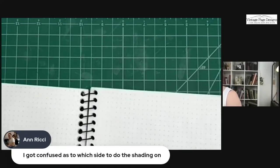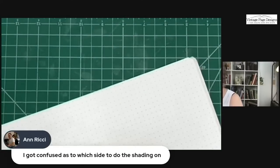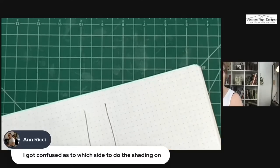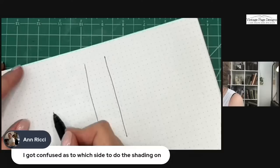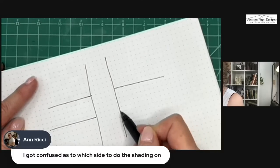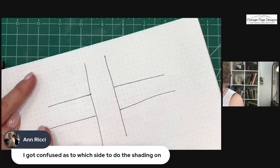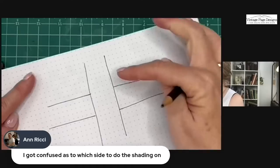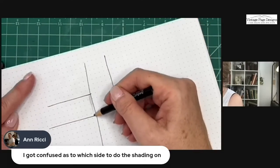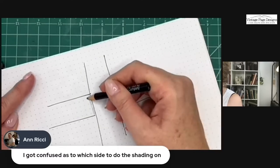So when you do shading, like for the ribbons, we have this long ribbon, long ribbon like this. Then we have another one coming in this direction. So obviously this is supersized, right? Where you're going to shade is where this horizontal ribbon disappears underneath the vertical ribbon. So down here on this side to the right of the line and then to the left of the line. That makes sense. So it's where it's disappearing